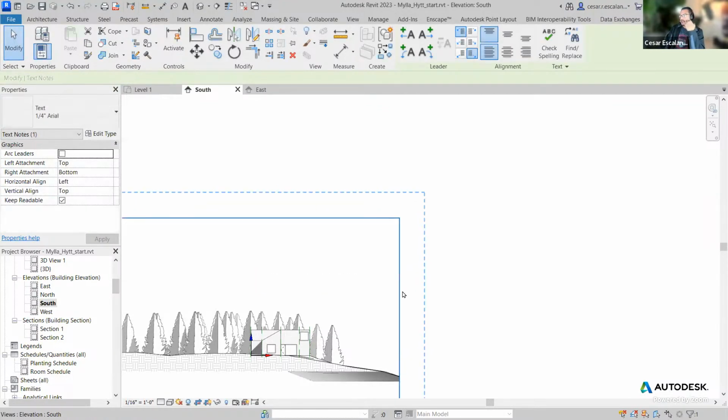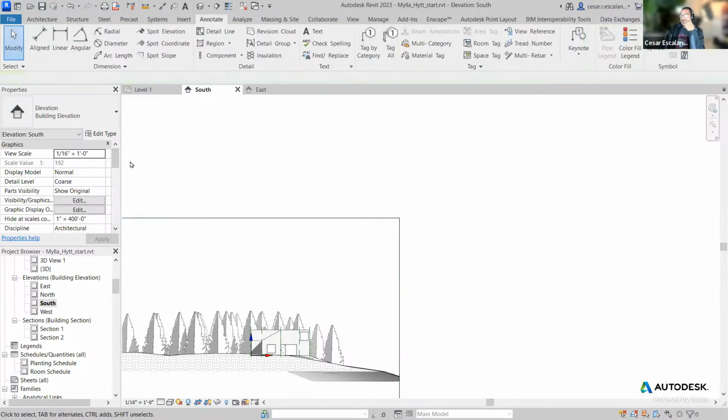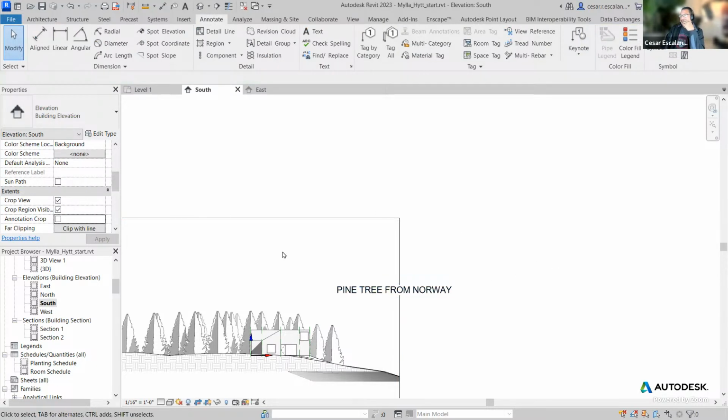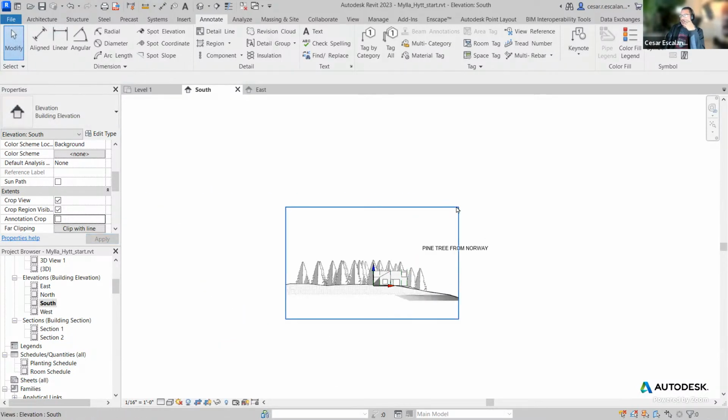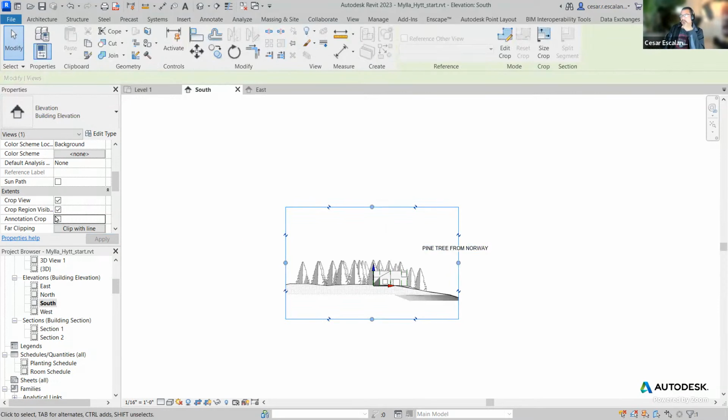Like I'm doing now. It disappeared. It didn't go away. It's just hidden. And you can get it back by switching off the annotation crop. So why is the annotation crop important? And here's the reason. The annotation crop usually